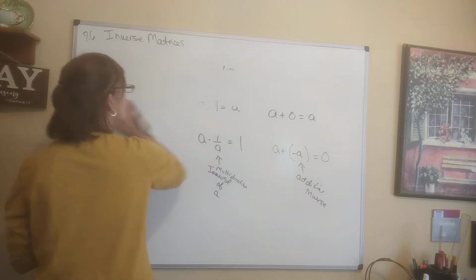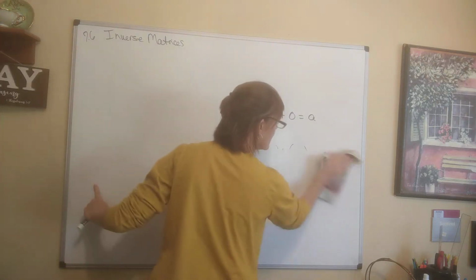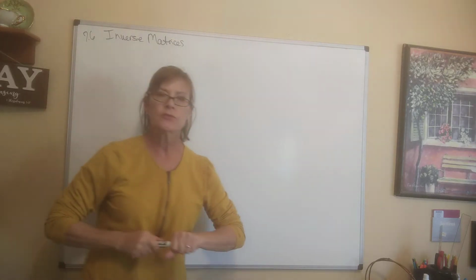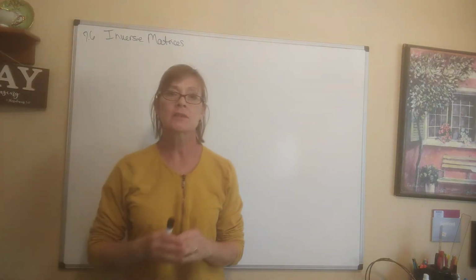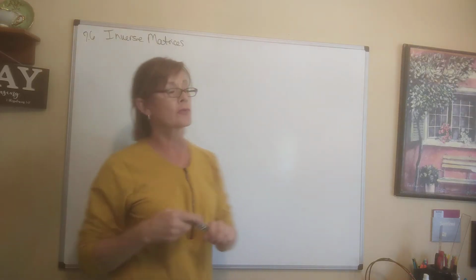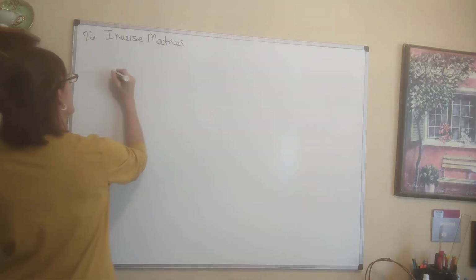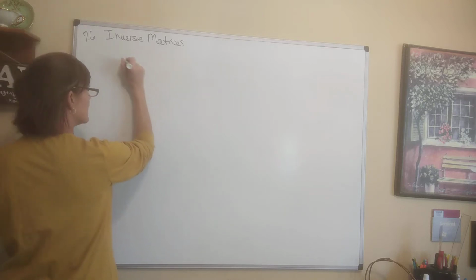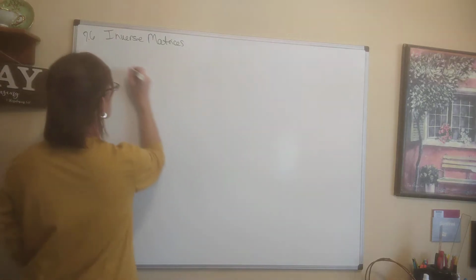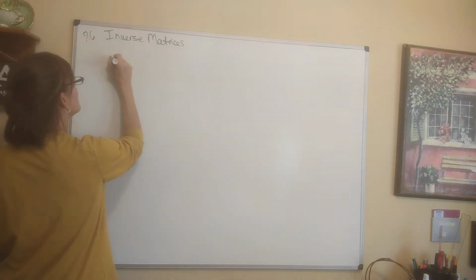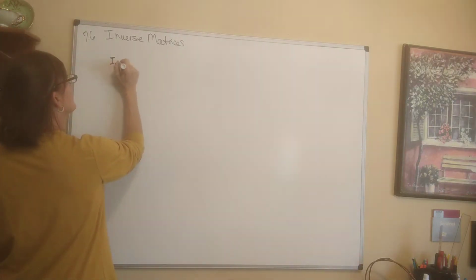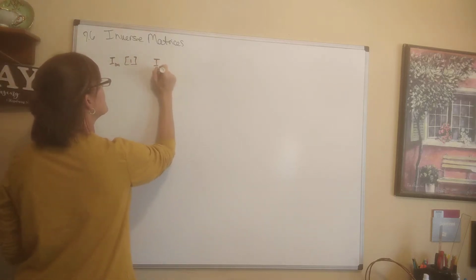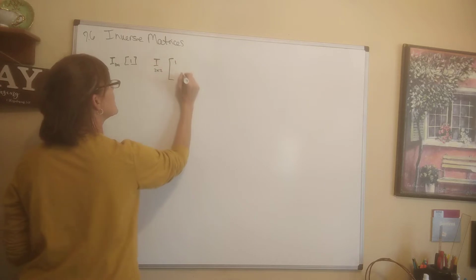So if we have some matrix, it has to be a square matrix that these deal with. We don't have an inverse matrix or an identity matrix for a matrix that's not square. But for a square matrix, it has an identity. And so on your sheet, I've written down some identities. The identity for a 1 by 1 is a 1 by 1 matrix with the number 1 in it. For a 2 by 2, 2 rows, 2 columns, it looks like